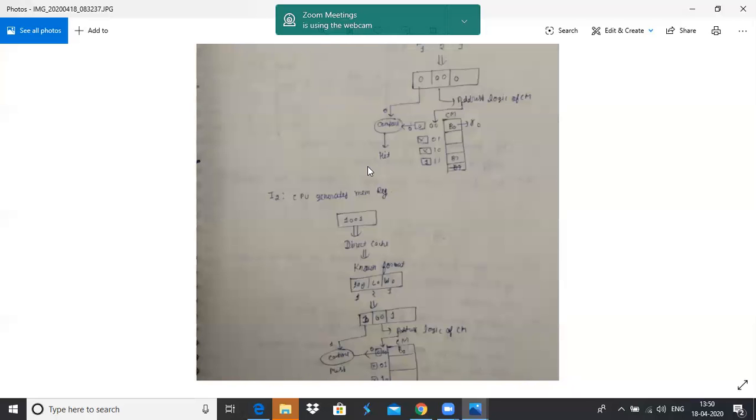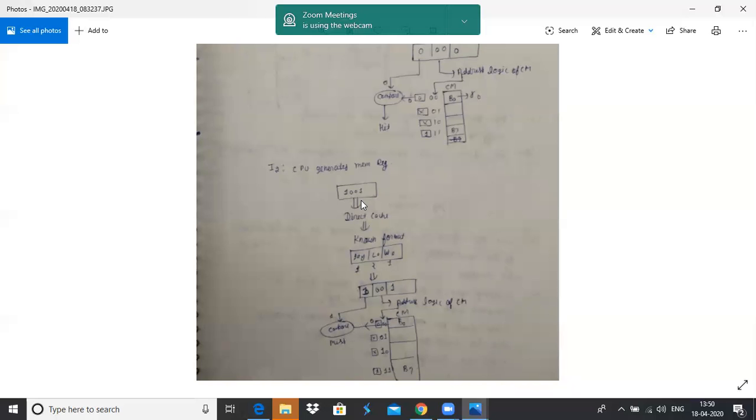So again, if the CPU generates a request for memory reference 1001, it will be represented in the known format. The tag value contains 1 bit, L0 contains 2 bits, and W0 contains 1 bit. So this memory address is represented in this known format. The first bit is the tag, the next 00 acts as the line number, and the last bit acts as the word offset.